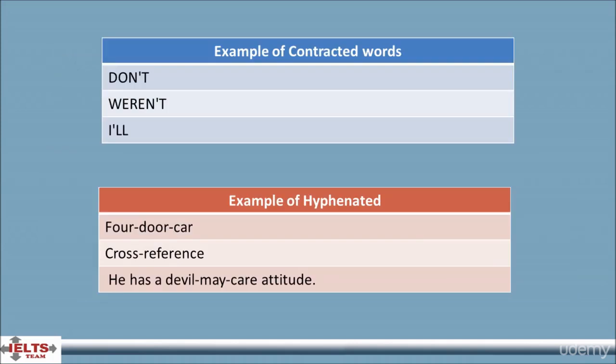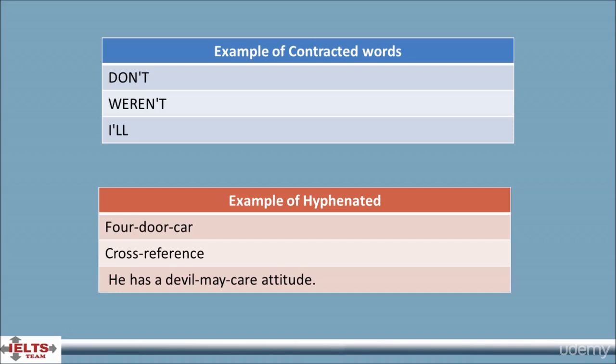There are 2 rules good to know for counting the word limits in the listening test. The first rule is contracted words will not be tested. Contractions or contracted forms are short words formed from 2 or more words. The most common example is when we add not to an auxiliary verb in negative sentences, something like saying don't